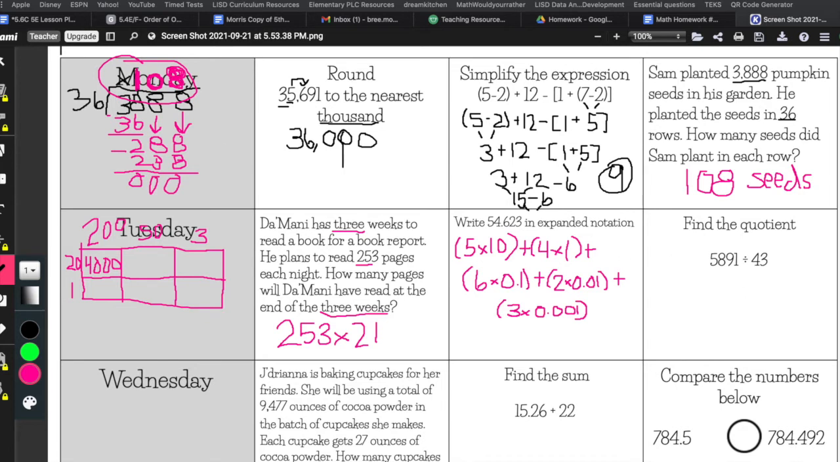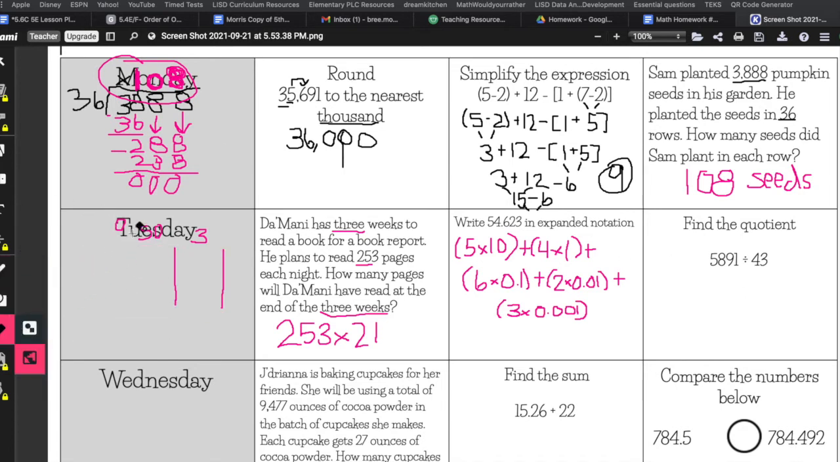Let's look at the next one. You guys are getting better every day at division, so I'm not going to work out the whole problem. I'm going to help you make your cheat sheet, and then you're going to do it. If you need help when you get to school, show me. So you're doing 5,891